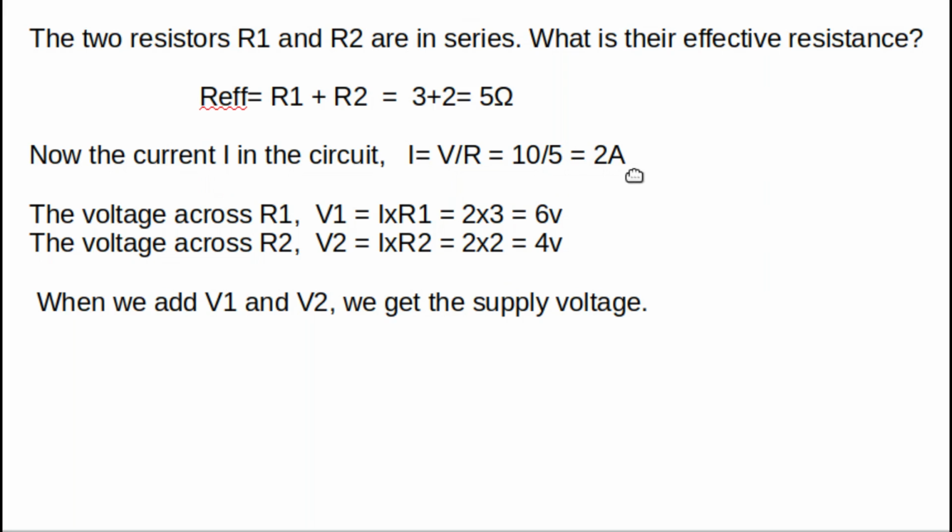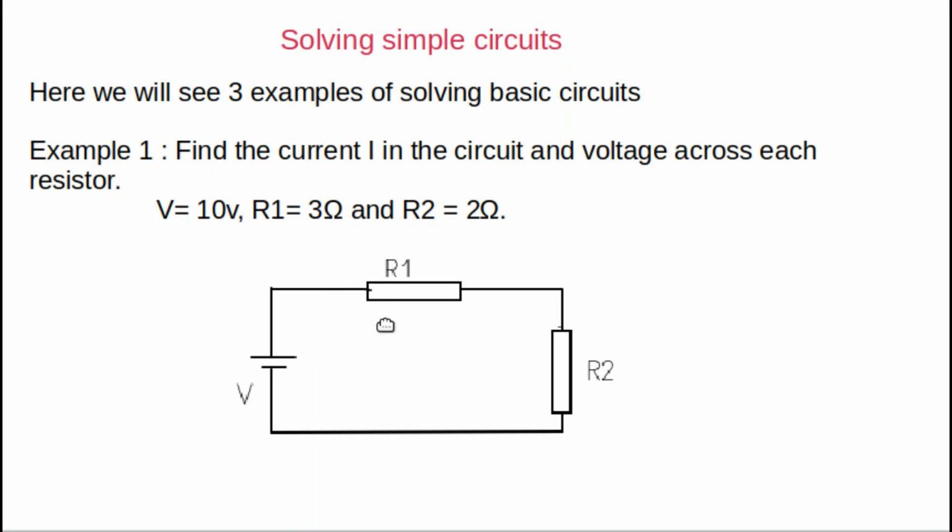Then what about the voltage across R1? That voltage V1 is equal to I into R1. The voltage across this resistor is, again according to Ohm's law, the current through this resistor into the value of this resistance. Thus, the voltage that develops across R1 is I into R1. Then what about the voltage that develops across R2? It is again the current flowing through this resistance, I, into R2.